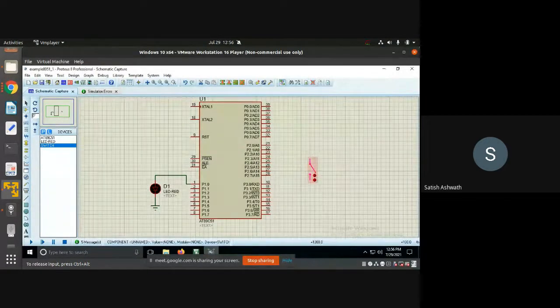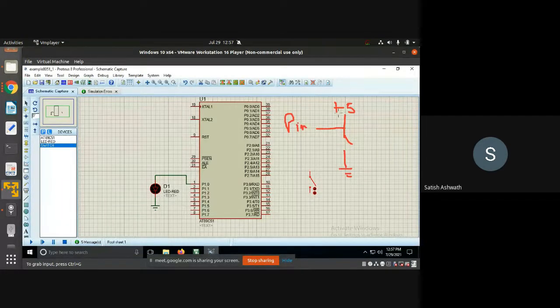If you want to connect this switch to the 8051, we have seen how the switch should be connected. A switch is always connected in this format. There is a +5 volt supply that goes to the switch, the switch's other end goes to ground, and the +5 volt side is connected to whichever pin you want to use. This is the standard way of connecting any switch.